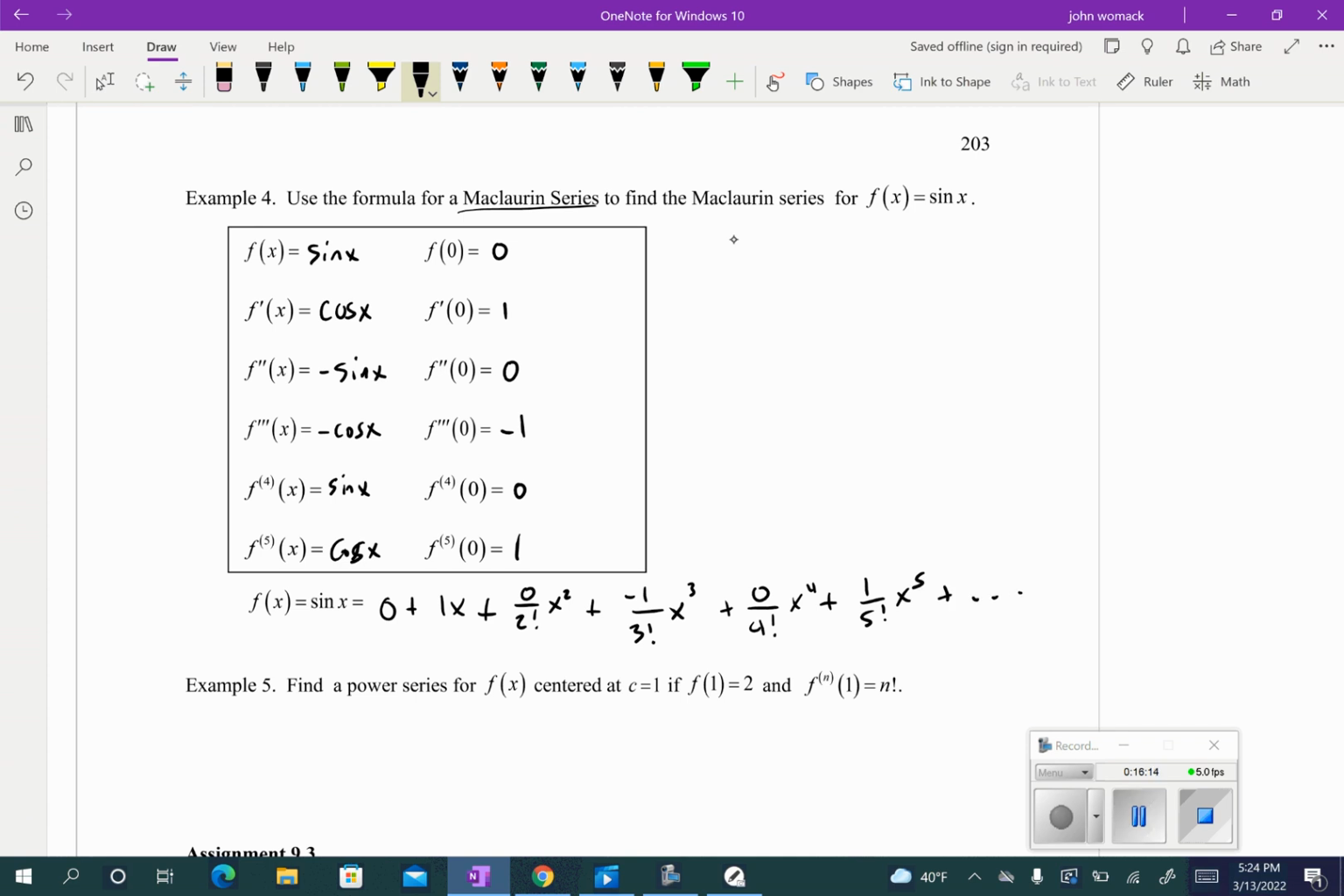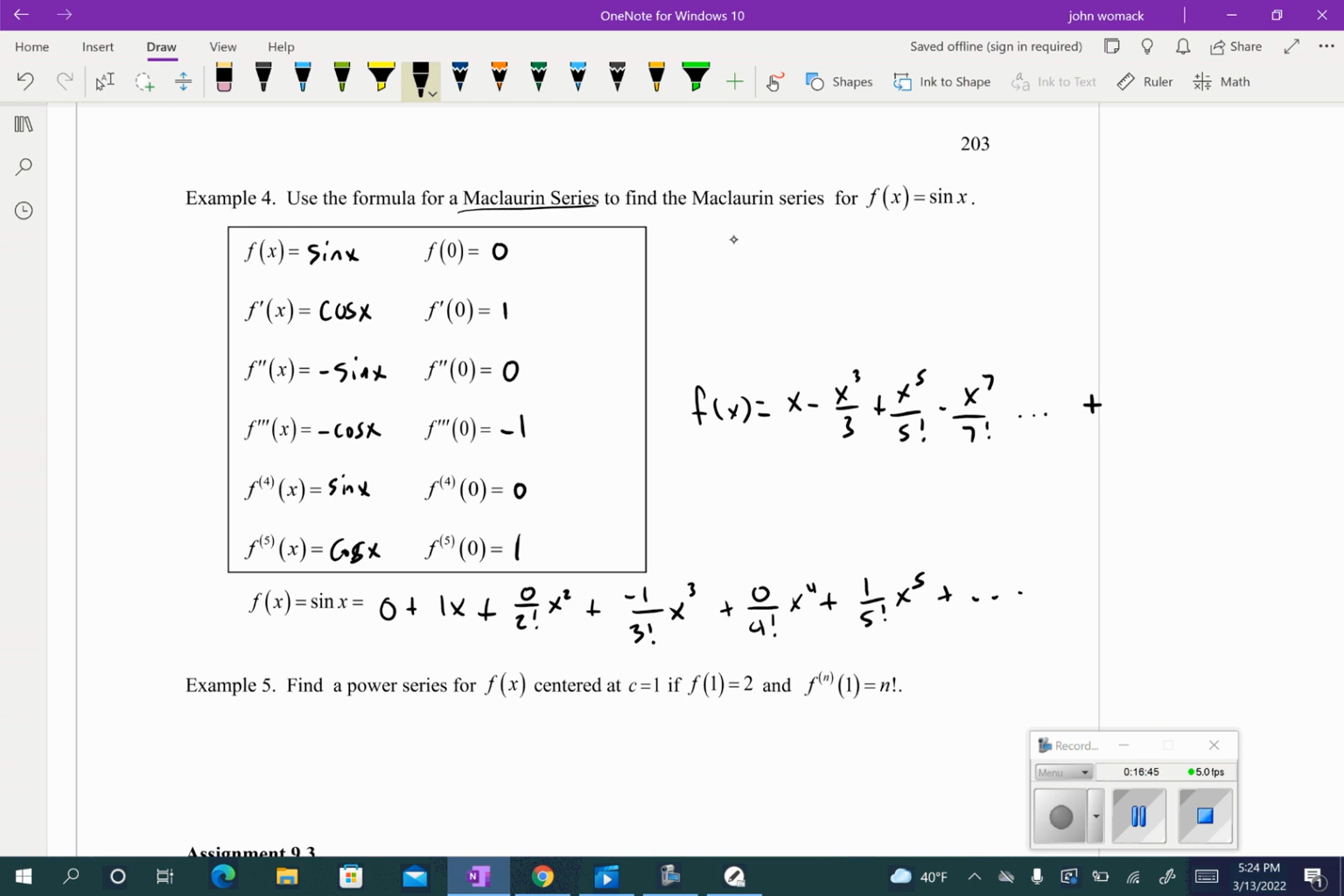Let's simplify that down. I'm going to write it up above. So f of x would be equal to, right, just x minus x cubed over 3 factorial plus x to the 5th over 5 factorial minus x to the 7th, sorry. Let me just fix that. x to the 7th over 7 factorial